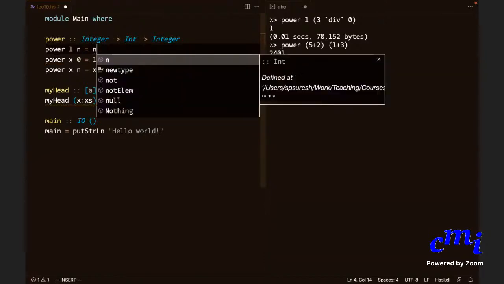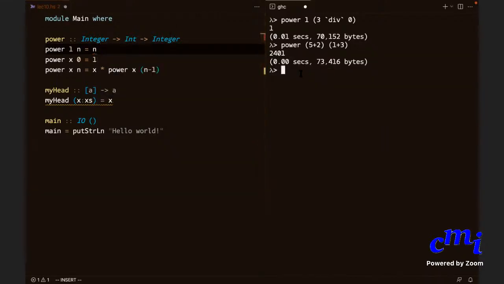Yes, it will give an error because you are going to use the 3 div 0 on the right hand side, and that has to be a number. So I can't return the expression? No, it will never return the expression, because ultimately when you write power in GHCI, it has to print something, and for it to print the result, it has to be a number. You see? But finally, if we do another power that takes in the output of 3 div 0 and then doesn't use it, then it is fine. Then it won't do this. Then your power 1 n will give 3 div 0. One second.